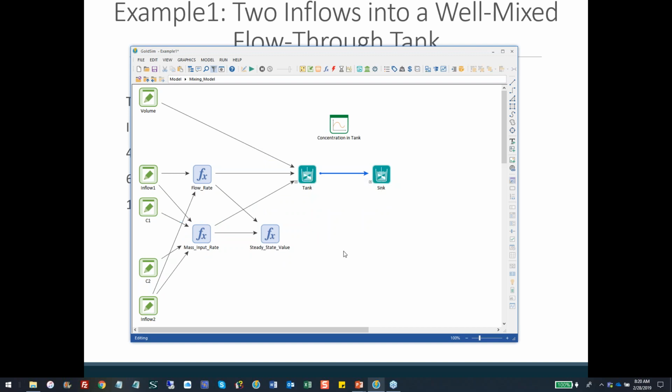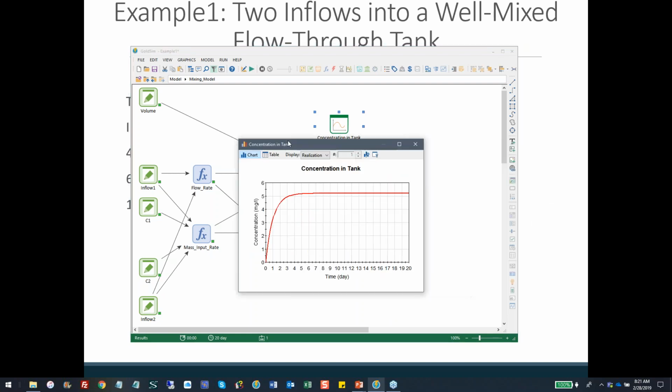If I just wanted to do a simple calculation without the contaminant transport module, I could calculate the steady state value. The steady state value in a system like this is going to be the mass input rate divided by the flow rate. That's what your steady state value would be, and it turns out it's going to be 5.2. But our tank is going to look a little bit different, because remember, the tank starts empty. There's no concentration in the tank. So if we go ahead and run this model,